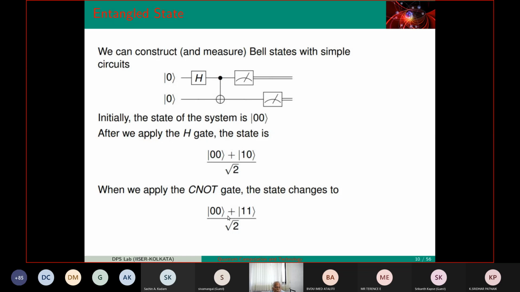Suppose you have light, you can polarize it by putting a polarizer. Then you try to measure what kind of polarization it has by putting an analyzer. Same thing you do here. This is polarization along the x direction, for example. This is along the y direction. So this is exactly the polarization state of light.